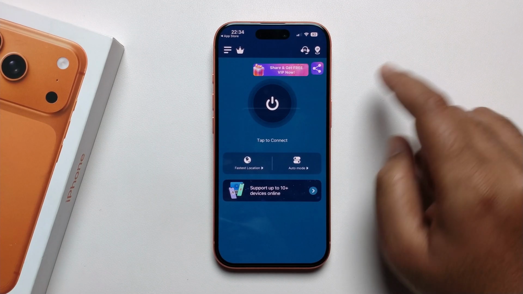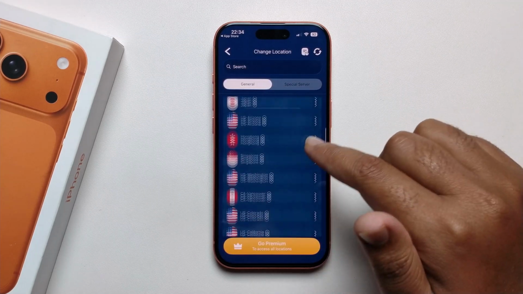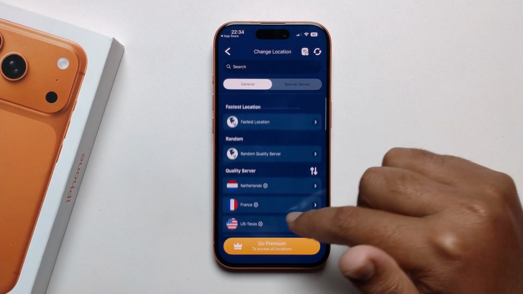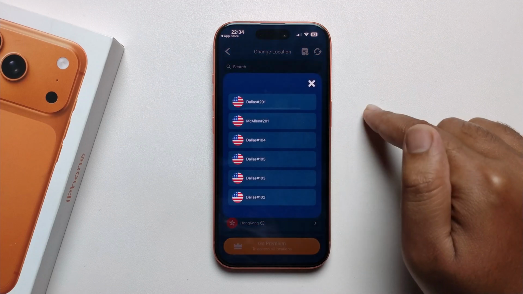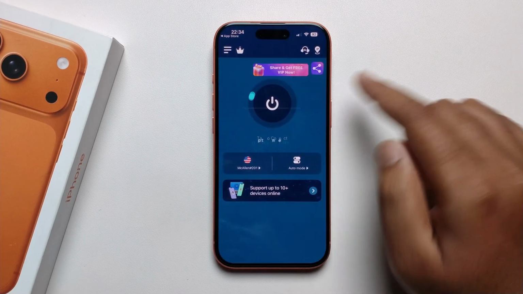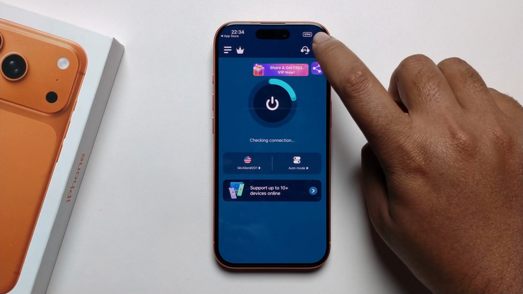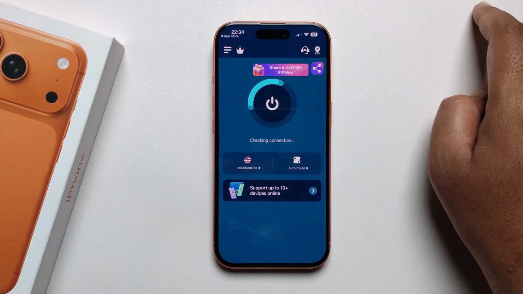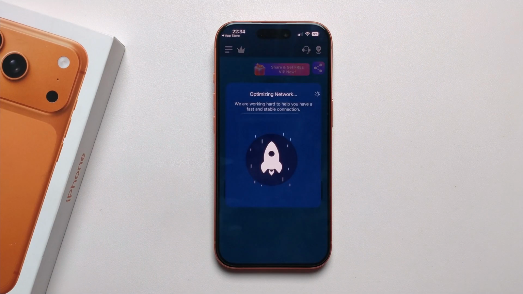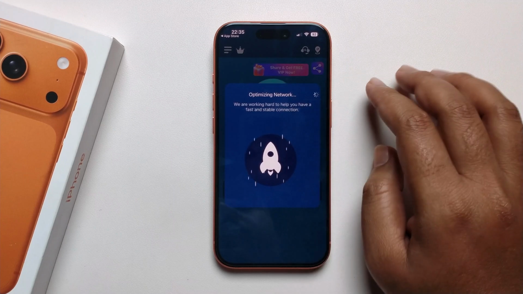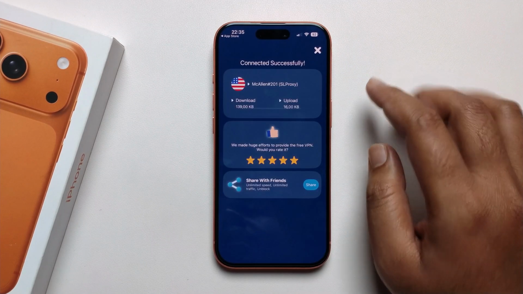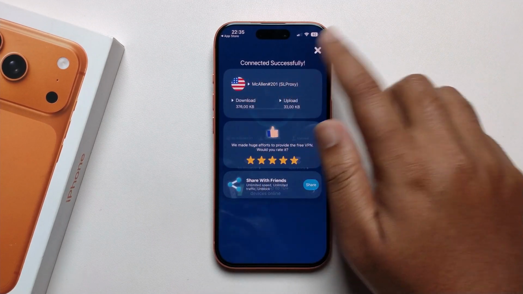Then you get this interface. Press on showing it to location. Okay, like select and turn it on, and you just wait a few seconds. Now connect VPN. Okay, now you have successfully connected this VPN,